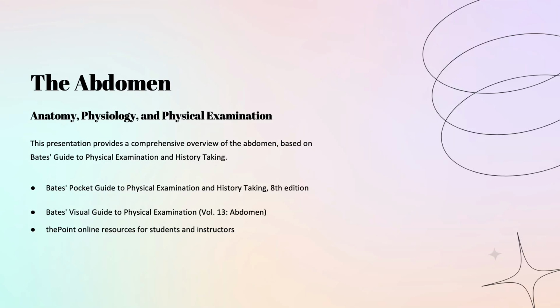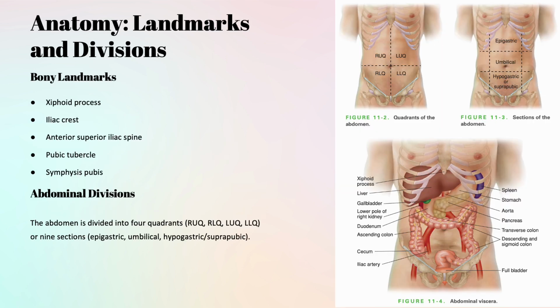Our next topic is the physical examination of the abdomen. And as usual, we're going to quickly review the anatomy and physiology. Then we're going to learn about the common things you asked for during history taking. And then we're going to proceed to physical examination. In the physical examination, we're going to talk about common differentials. And as usual, we're going to tackle quickly some of the health promotion topics.